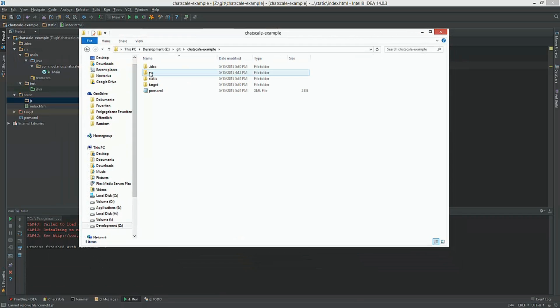There's our directory, static, JS, and we need at least this one, Cometd.